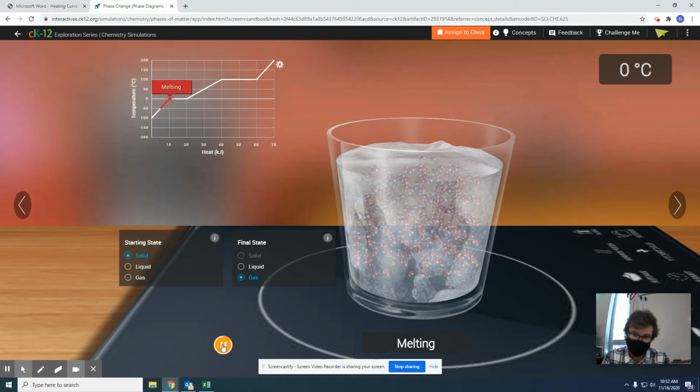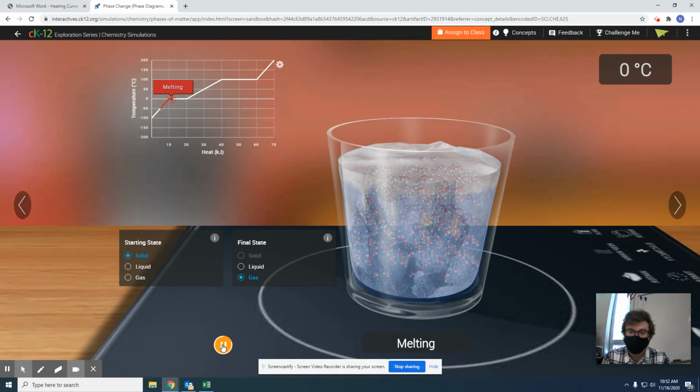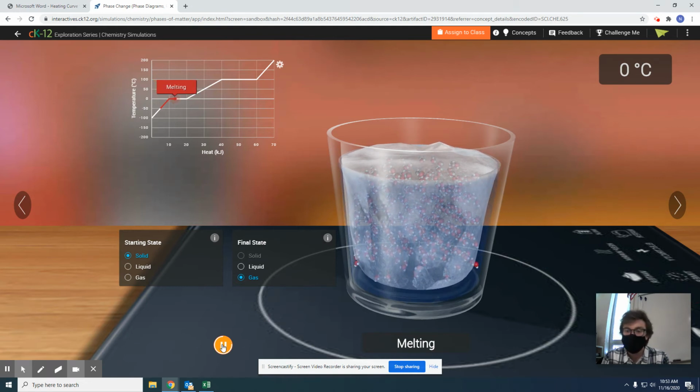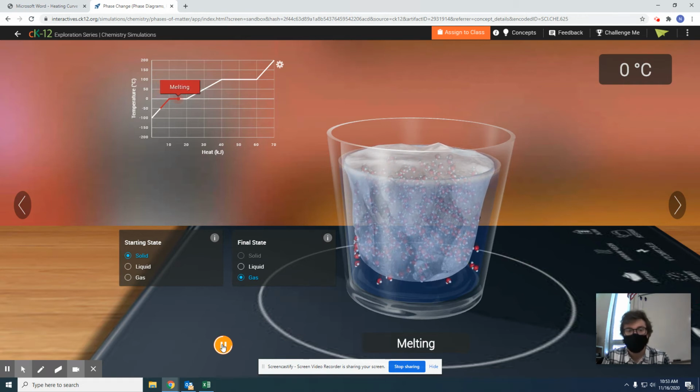But as I get into the melting phase, we'll notice that some of those particles start to break free of the solid arrangement, and they should start to float around and flow a little bit on their own. So when I come back